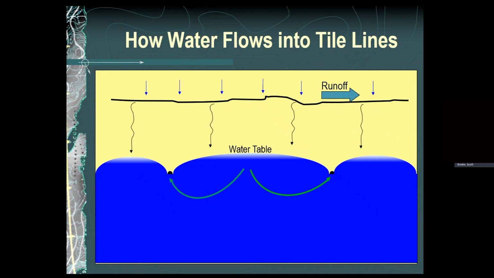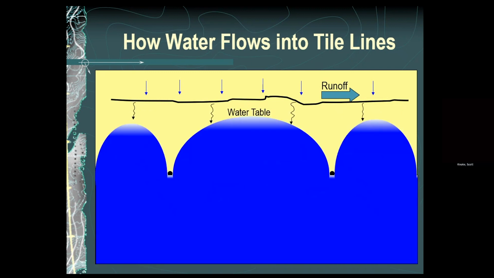Especially from here, it actually goes down. And believe me, there's lots of mathematical papers and studies showing this, but that's typically what happens. And then from a design point of view, when we're trying to figure out on a particular soil how far apart, we don't want that water table to get more than a foot from the surface, because a lot of roots are up here,